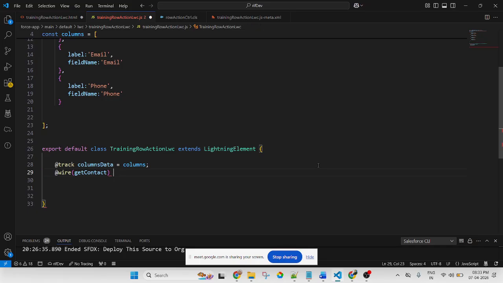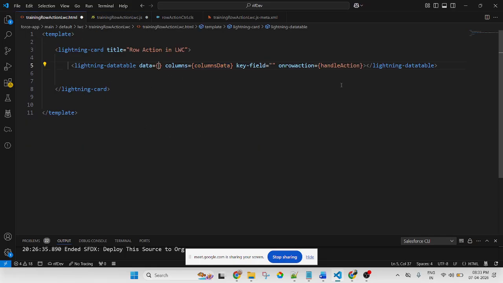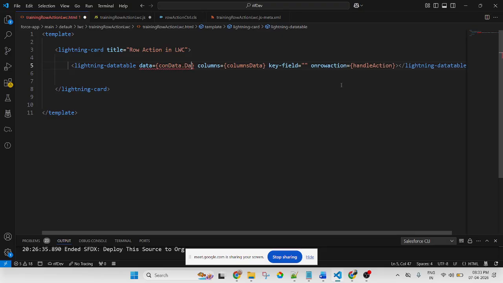Then use adapter on data. This is the adapter. Copy and paste here, data.